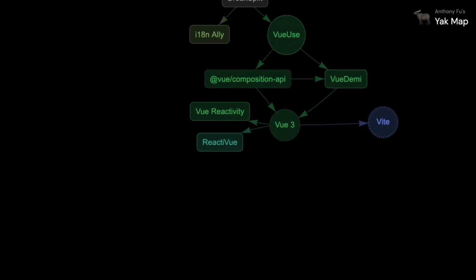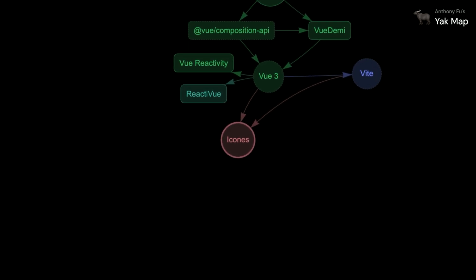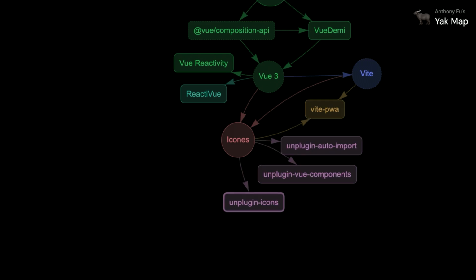And then Vite came out, and I started trying the new build tool with Vue 3, and made the icon explorer called Icônes. It's my first app built on top of Vite, and from that starting point, I found there were so many things missing in Vite because it was very young. So I built Vite PWA with a bunch of plugins like auto imports, components, and icons.